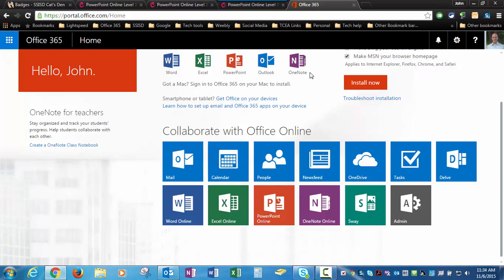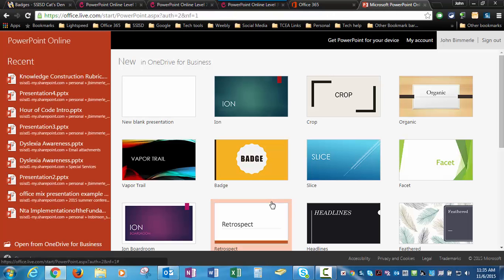Again, this is not meant to be a feature set for how to use PowerPoint in an in-depth way. We can follow up with that one-on-one with you if you need it. Contact Brooke Dowdy or myself and we'll make that happen. And we'll be putting together some other information over time that will be able to be used for things like this. Click on the PowerPoint Online to start with. Remember, my recommendation for all of this stuff is going to be that you work from the online version